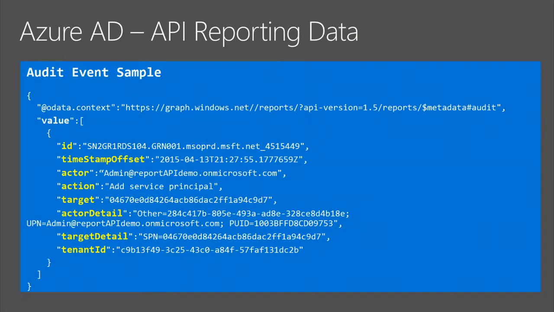This is what the data looks like. What I've done here is I highlighted the tags. This happens to be a data sample from an audit report. You can see the data stream that you get is in XML. You can see who performed an action, what kind of action, on what type of resource. And then depending on the event, there may be additional information on the various objects that participate in the event or on the action.